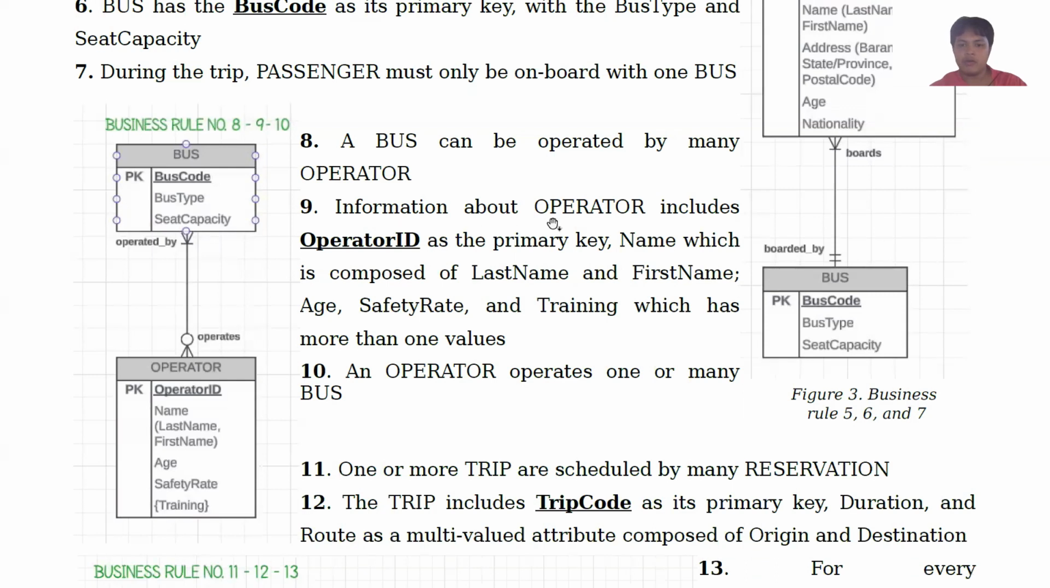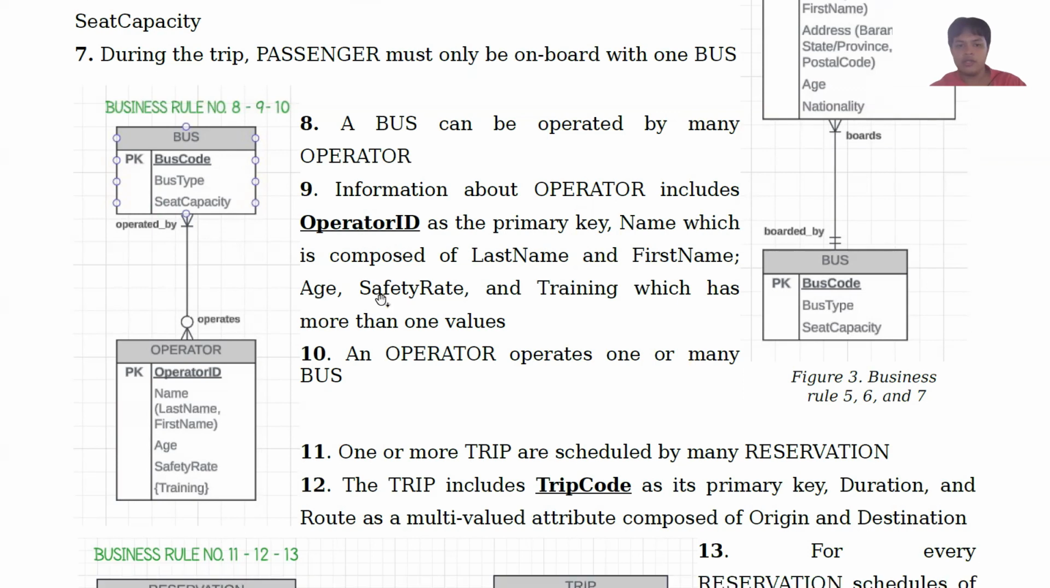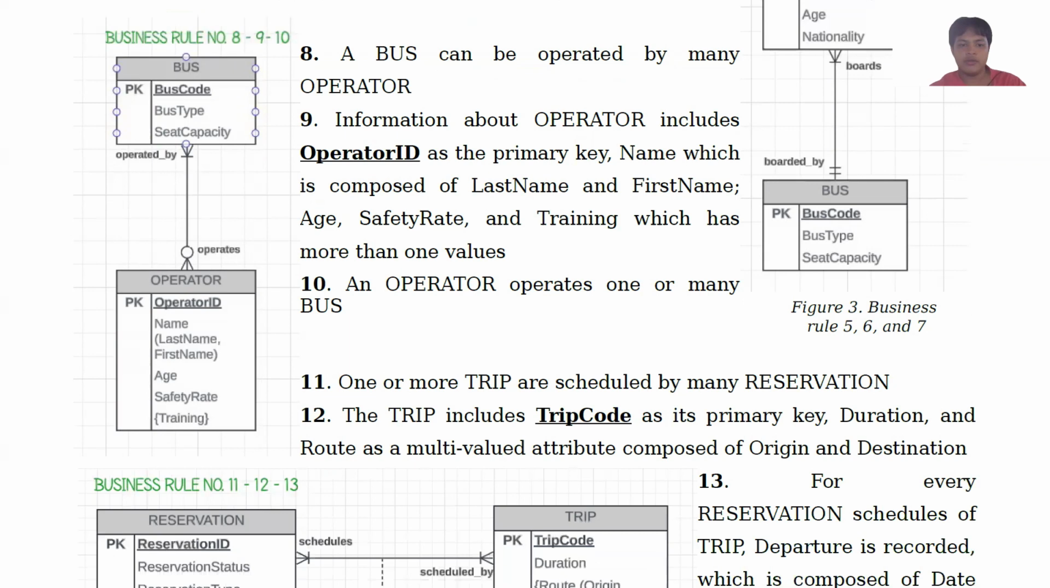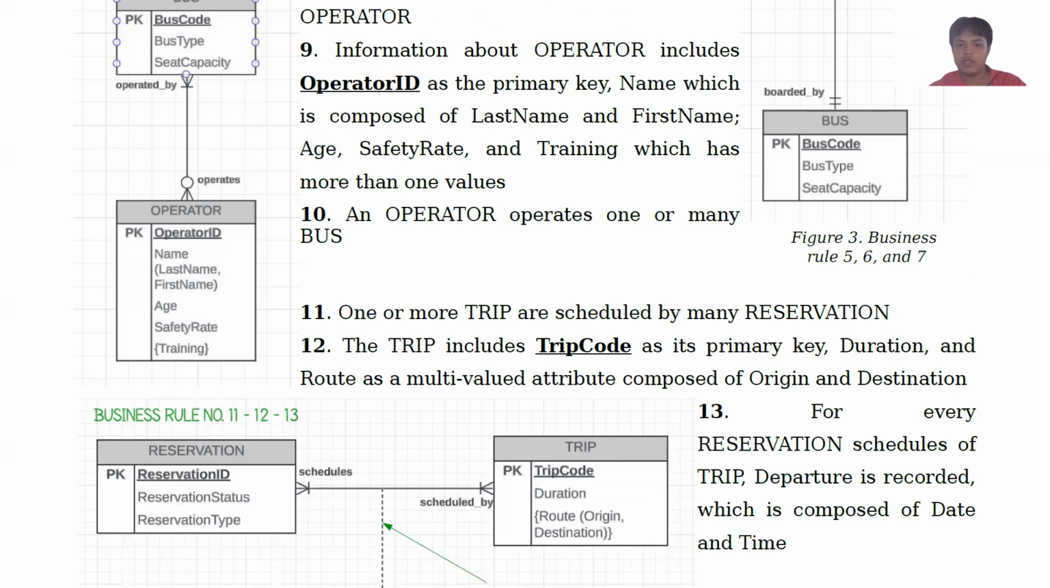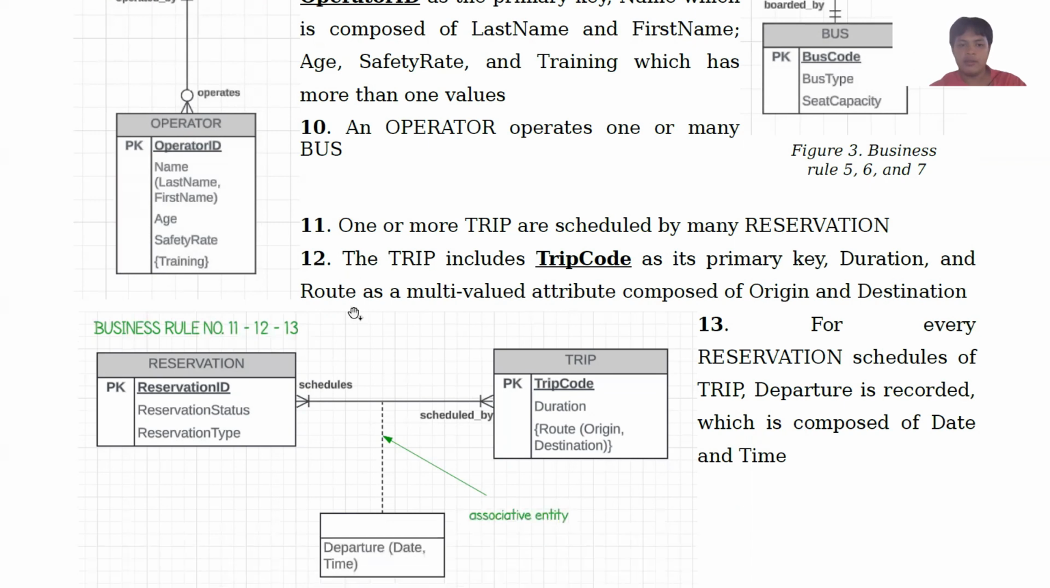Number 9, information about operators includes operator ID as the primary key, name, which is composed of last name and first name, age, safety rate, and training, which has more than one value. Number 10, an operator operates one or many buses. Number 11, one or more trips are scheduled by many